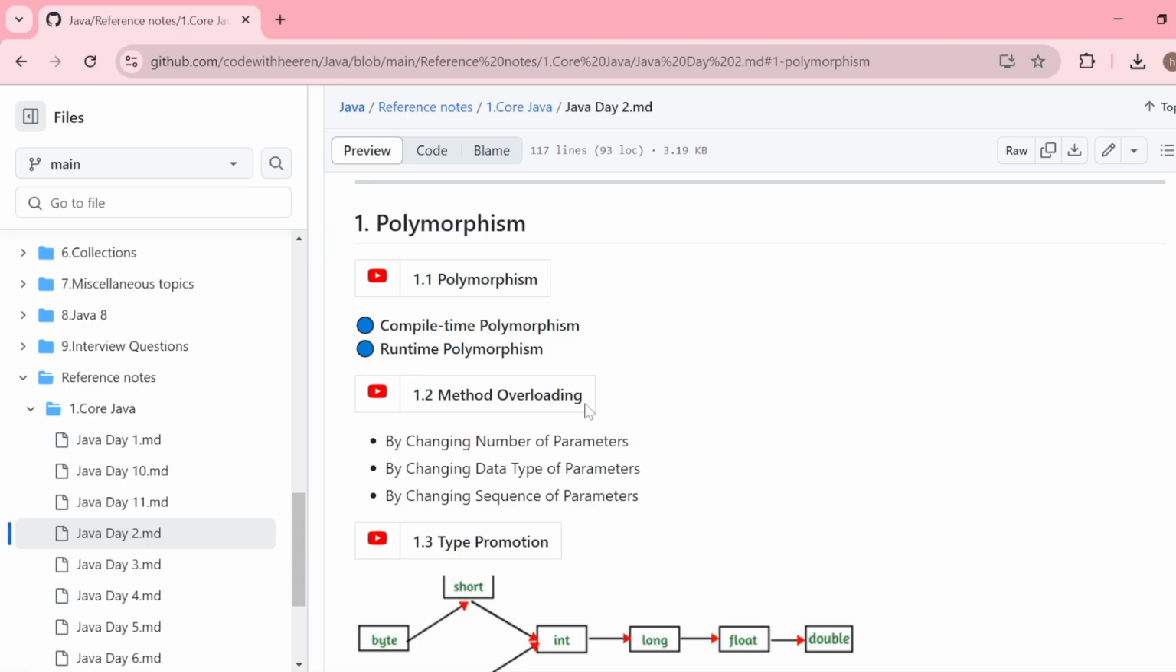Let's move to our next topic, which is method overloading. As I told you in my previous class, method overloading is a way to achieve compile time polymorphism. How it achieves compile time polymorphism, I'm going to explain later. But before that, we will first try to understand what is method overloading and how many ways we can implement